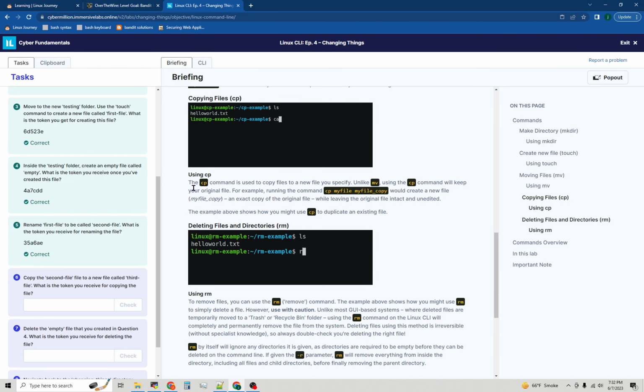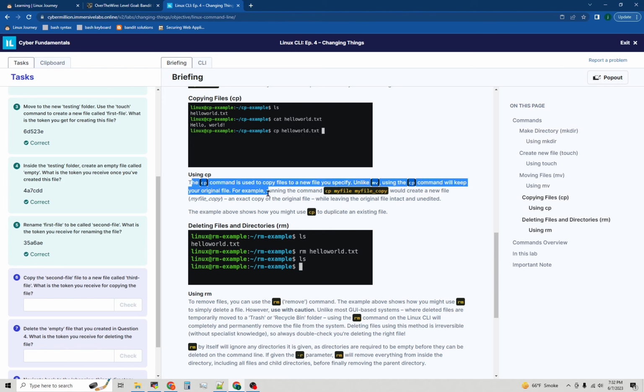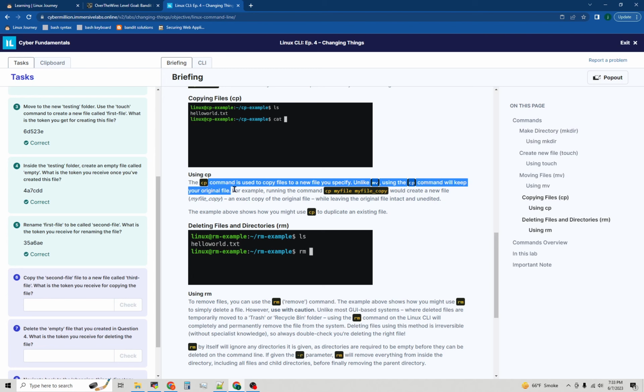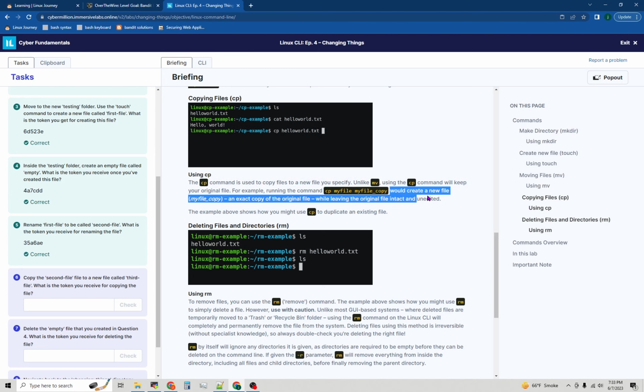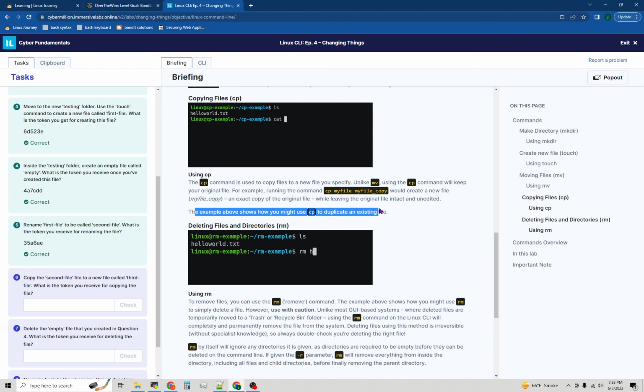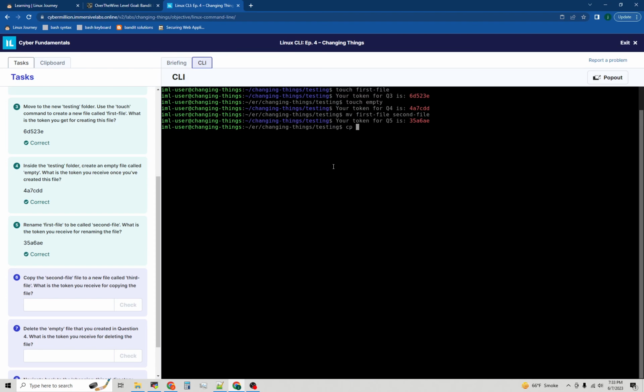All right, using CP. The CP command is used to copy files to a new file. Unlike move, using a CP command will keep your original file. For example, running the command would create a new file, an exact copy of the original file, while leaving the original file intact and unedited. Now, let's try this out. So, CP, copy the second file to a new file called third file,